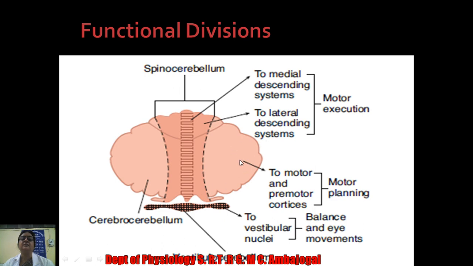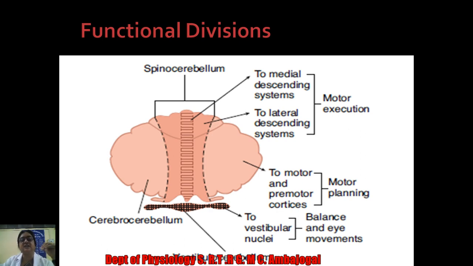And this last, lateral part of cerebellum is called the cerebrocerebellum, having to and fro communication with the cerebral cortex, and along with the cerebral cortex it works for the higher function, that is to plan and sequence the motor movements. Now, after seeing this revision of the previous lecture, we will start with today's actual lecture. First we will start with the connections of the cerebellum.